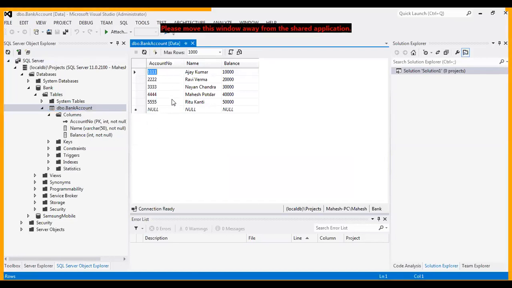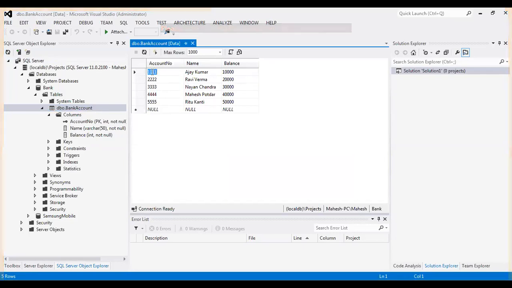These are the 5 records I have stored, and my aim is that whenever the account holder gives a request and provides his account number, the bank provides the name and the balance of that account holder. So suppose the account number is 111, his current balance is 10,000, and if the account number is 5555, then the balance is 50,000.